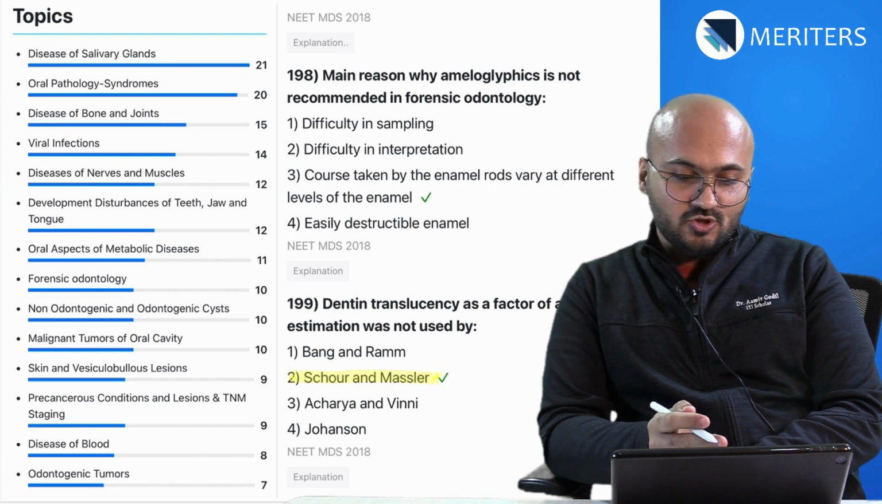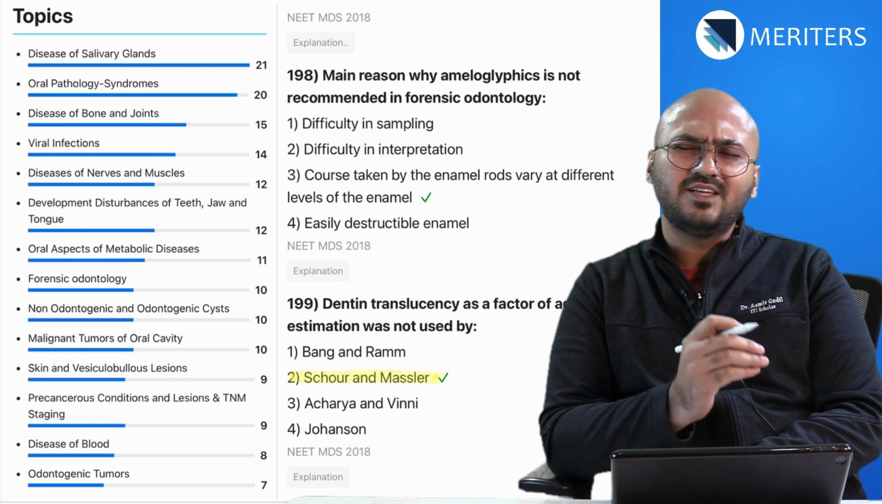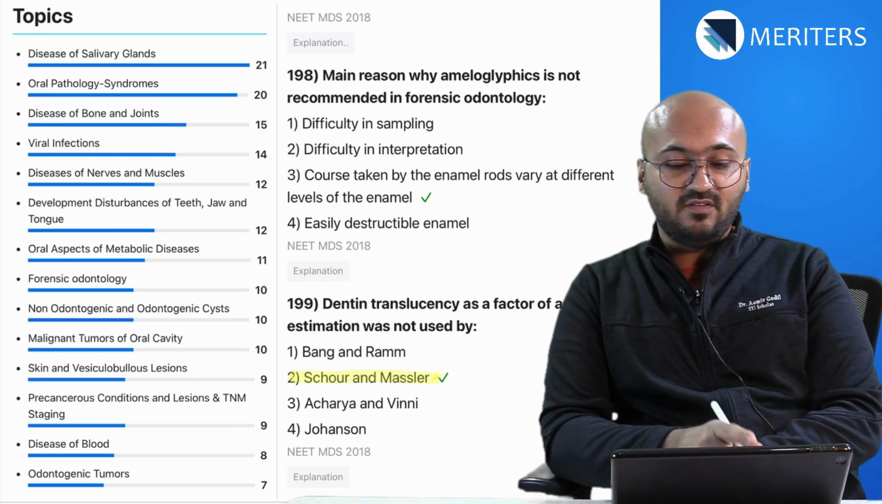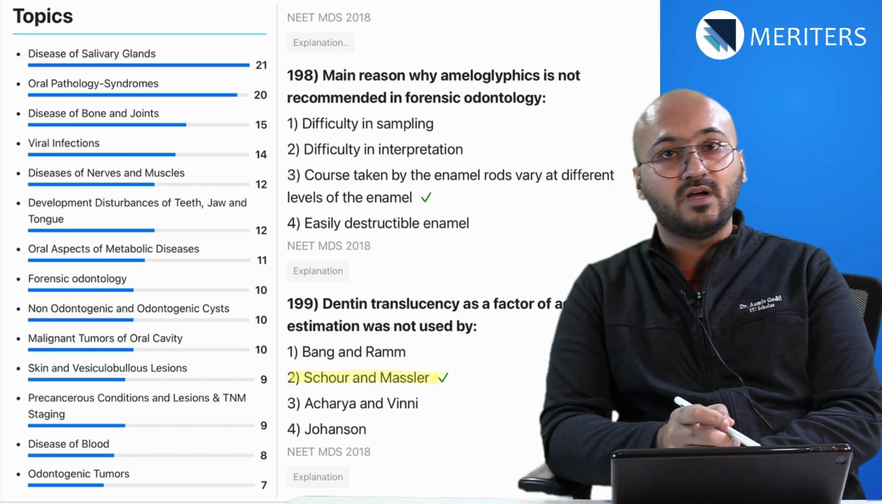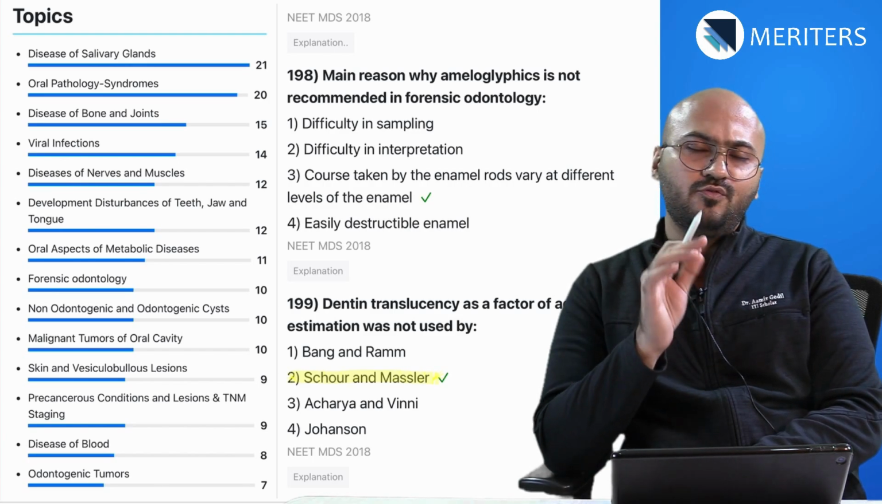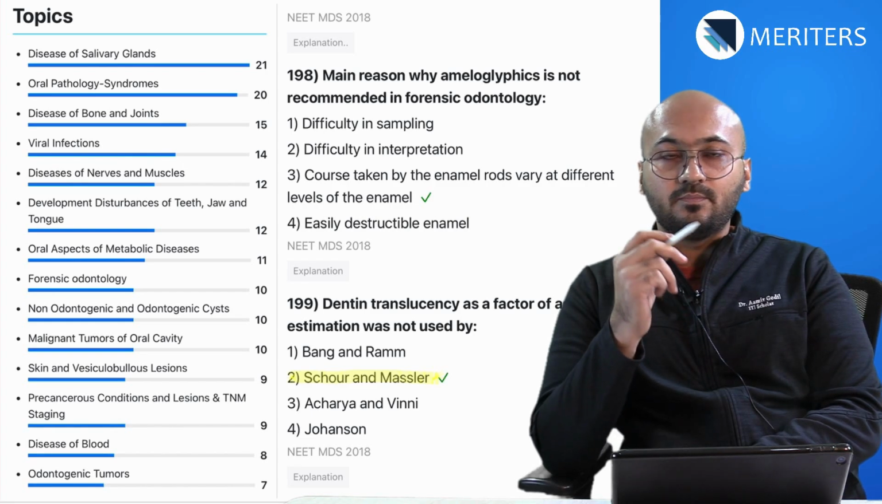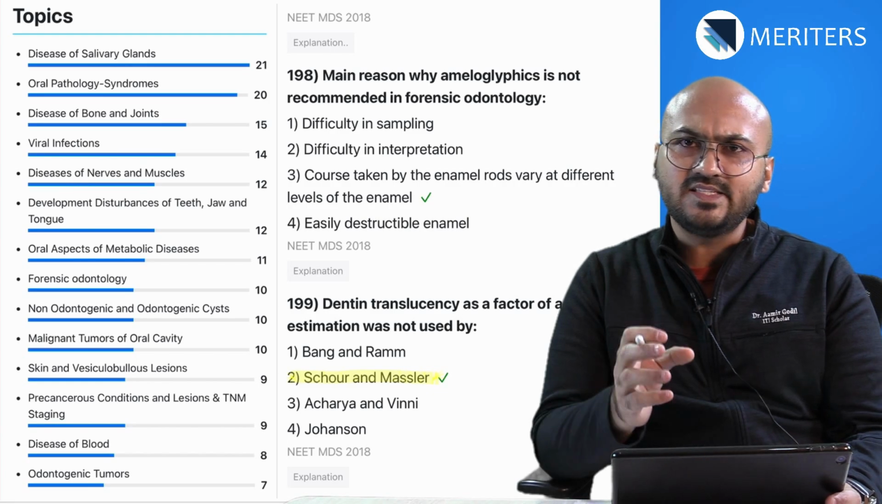Then other questions on bone and joints and cysts and tumors are also very popular. There is nothing that you can possibly leave in OPATH, but I really want to highlight the fact that repeated questions have appeared in forensic odontology over the past few years, and that is one topic that you've not really focused as undergrad. So you must revise that, like pay more attention to forensic odontology because it's less information and